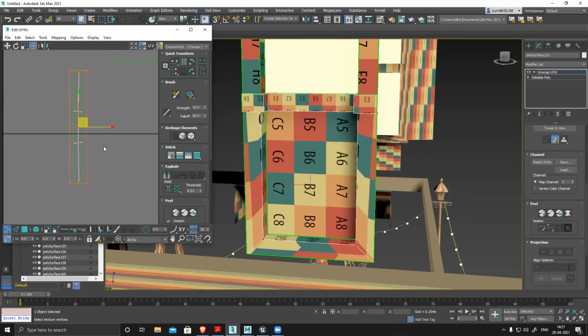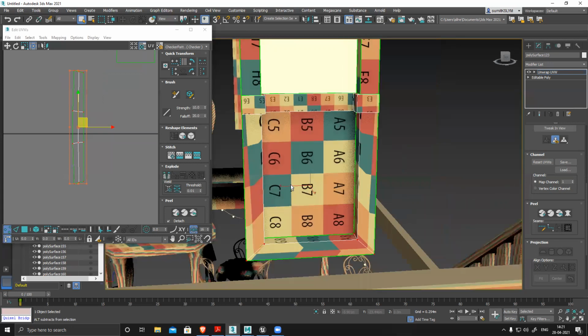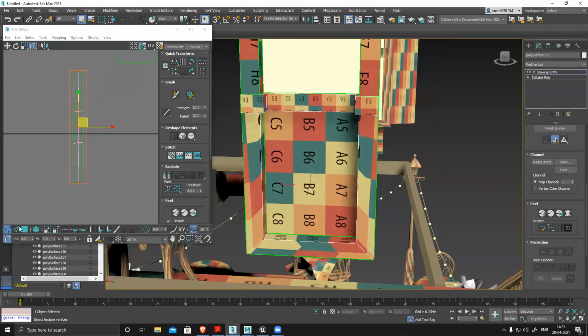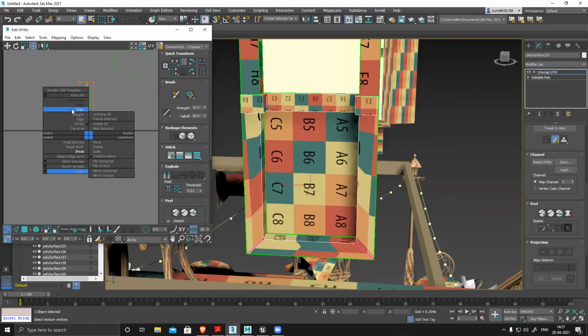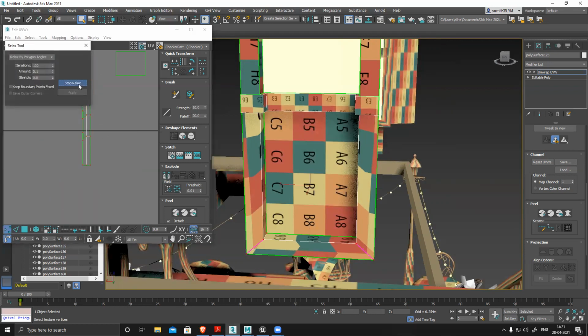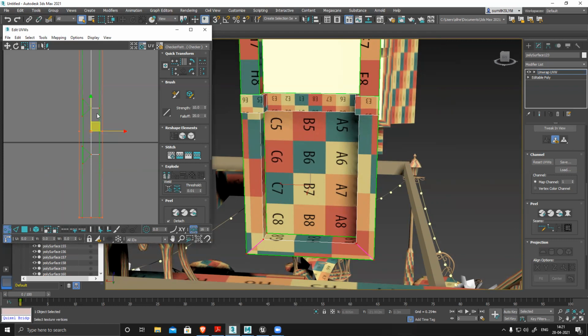apply a relax. But I can see after relaxing, it's not working very nicely. It doesn't give a very nice effect. Break these two, and then try relaxing one more time. See, it's perfect now, but it's giving me this overlapping issue. That means I cannot keep them together. So I could have simply undone it.